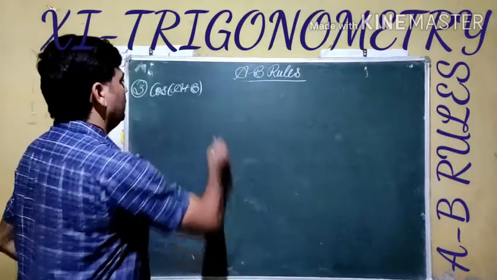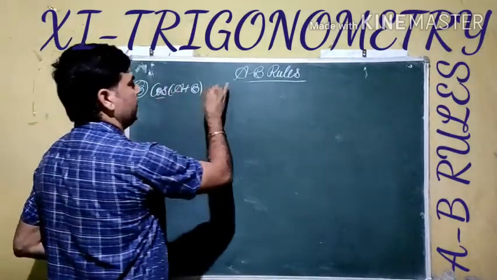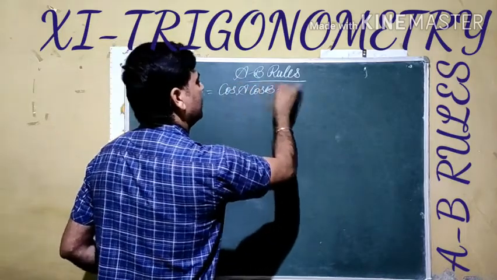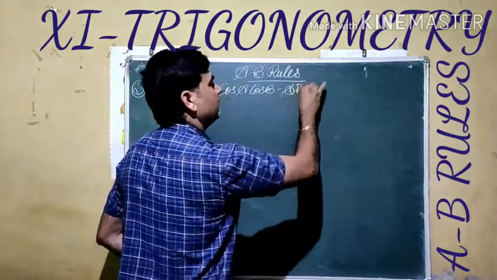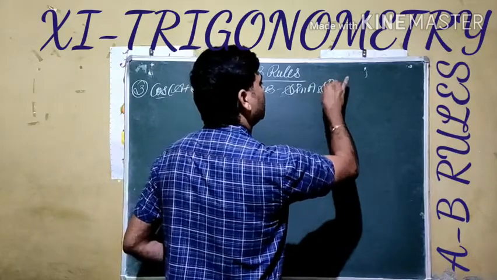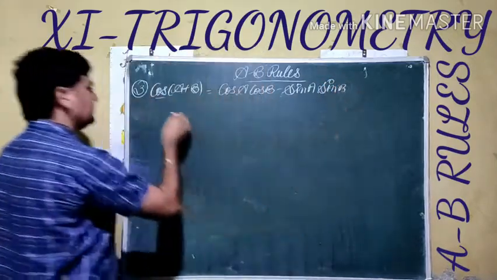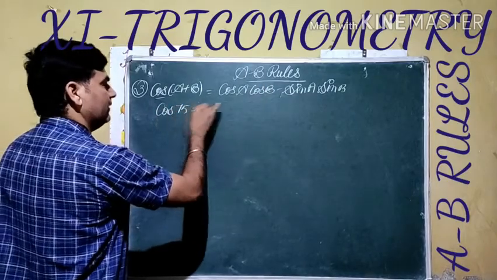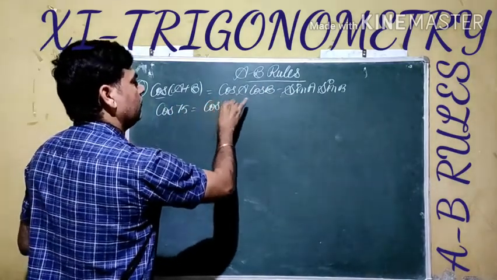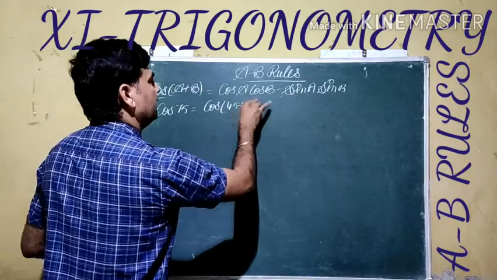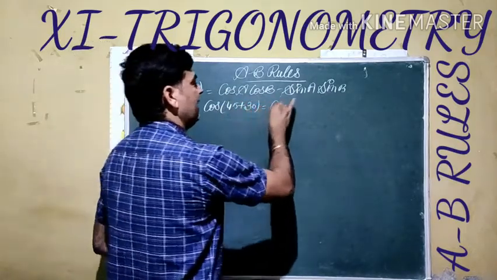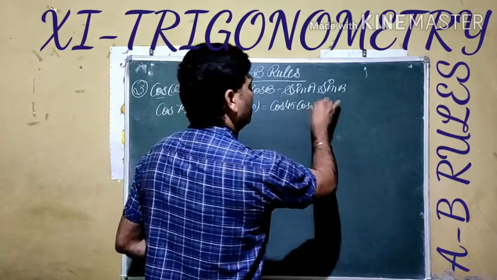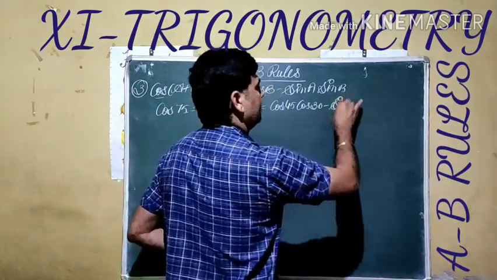Rule number 3, in the case of the cos function, cos of A plus B, is given by cos A cos B minus sine A sine B. This is the rule in the case of the cosine of an angle. We are taking an example. Suppose it is given by 75. It can be written like this, 45 plus 30. By using this rule, it can be broken like this, cos A cos B minus sine A sine B.